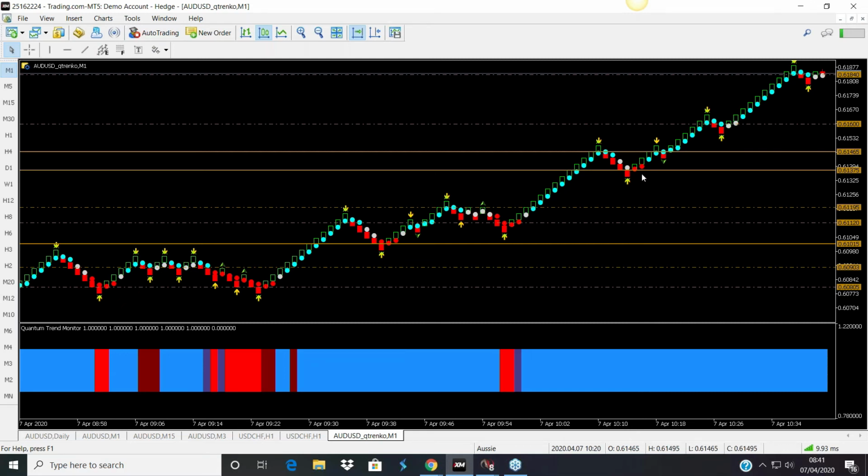If you had got in here, perhaps at this point here, this is where you would have got out. You wouldn't have got the whole of that trend, because the way we suggest you use this, the Renko, is once you get a change of the trend dot color and a change of the monitor color, that's it. You can use it for entry and for an exit. But once it goes back into it, then you can get in again. You can see here we had a pullback here, but there wasn't a change in the monitor. So it helps you to get in, stay in, and potentially re-enter a trade.